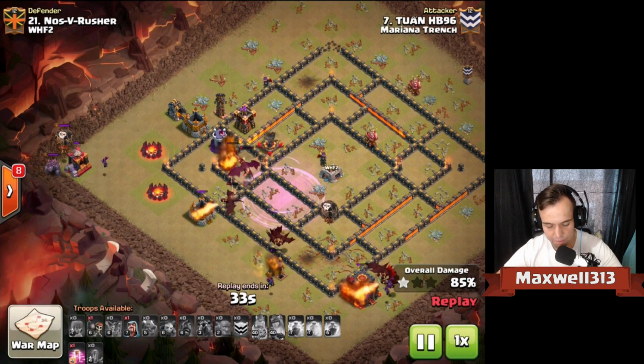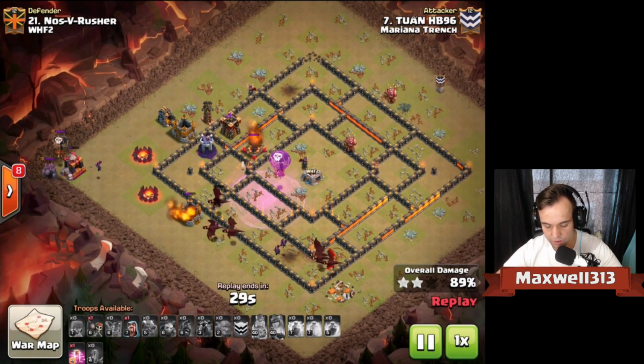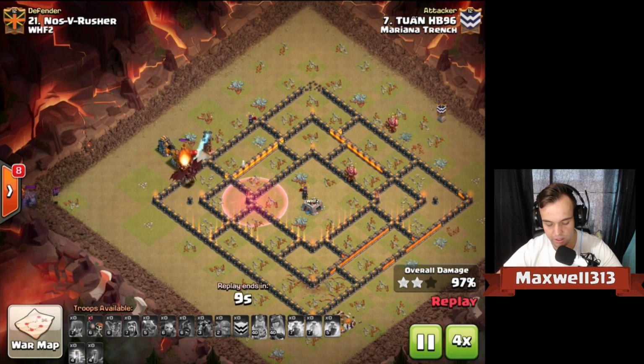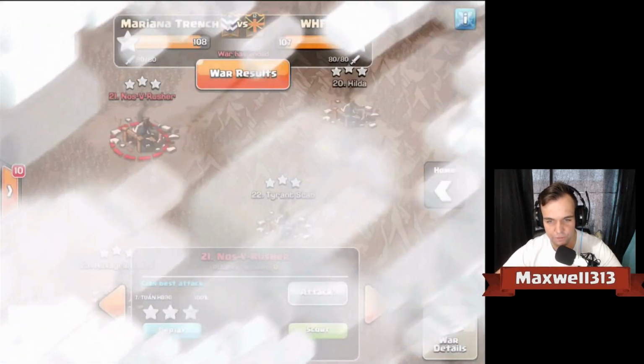Very well done. Even puts a minion onto that dark barracks to take it out, so the dragons won't have to go there. And yeah, this ended up being quite an overkill as well, getting all 4 of the air defenses out of the way relatively cheaply. So yeah, very nice hit to Tuan, and that brings us to the last attack for this recap, guys,